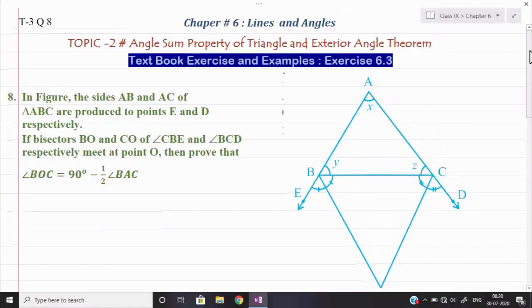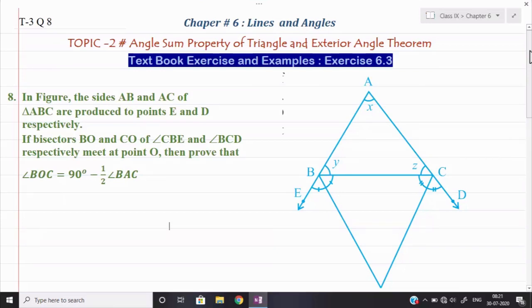Today we are going to start type number 3, the last question. This is your solved example given before exercise 6.3. Okay, so we are starting this question and we shall follow the proof of the theorems. This will complete the entire chapter, and if some additional questions remain, they will be covered in upcoming sessions. Okay, so let us see the last question. That is a solved example, as I have told you.